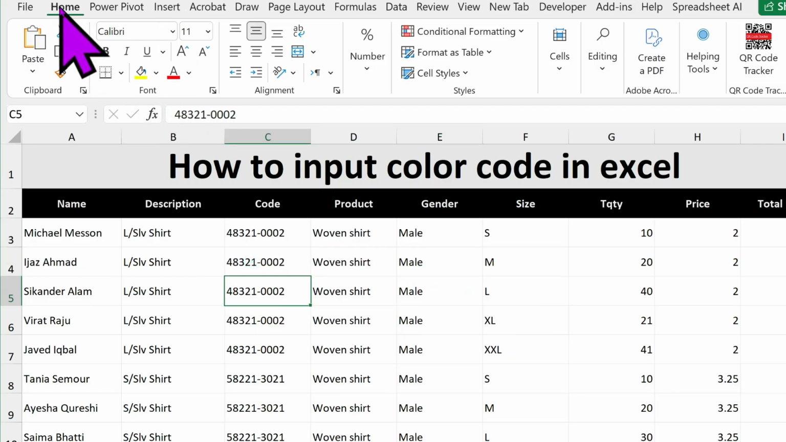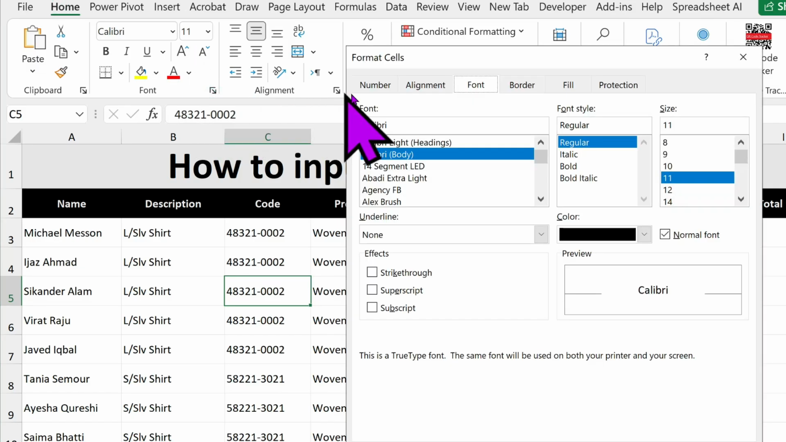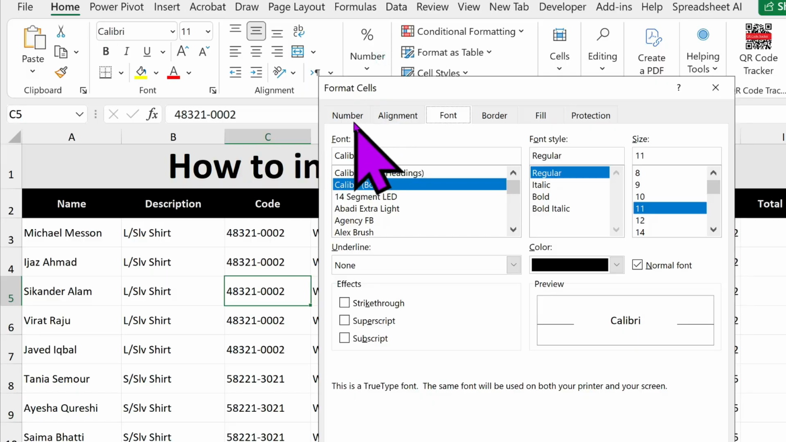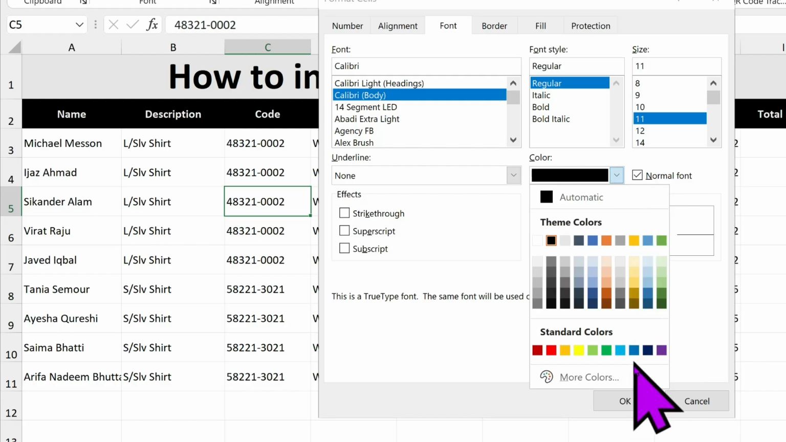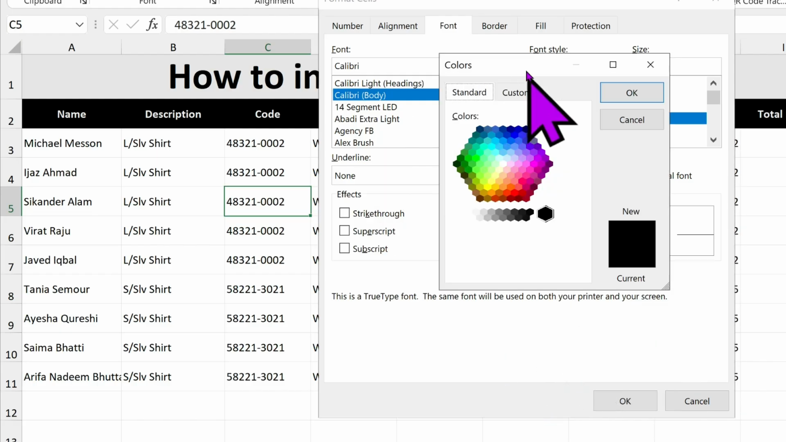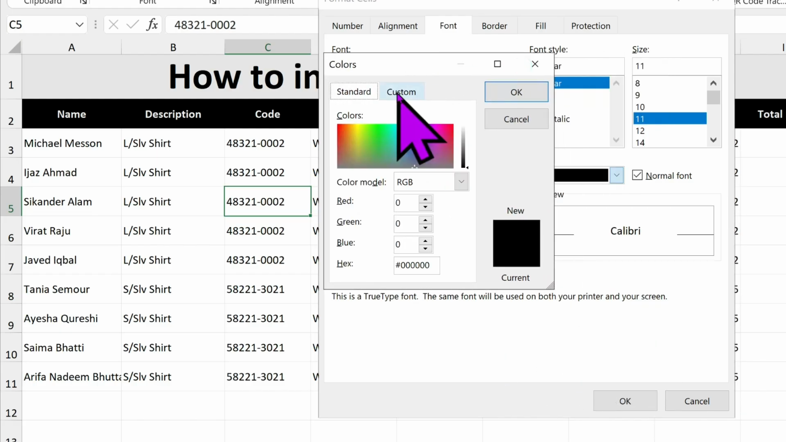Then go to the Home tab and click the arrow, and in the Format Cells dialog you will see Number, Alignment and different other tabs. You need to click on the Font tab. Then go to the Color, click on this arrow and click on More Colors, and then click on the